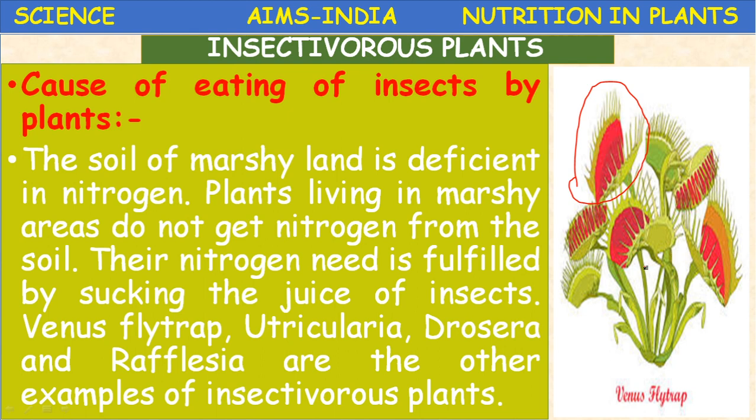part time. Okay. Once again, these plants will synthesize their food materials by autotrophic nutrition, but to fulfill the nitrogen requirement they feed on insects. What are the examples? Pitcher plant or Nepenthes, Venus flytrap, Utricularia, Drosera, and another Dionaea. Some common names and the scientific names are present. Okay, right. Next,